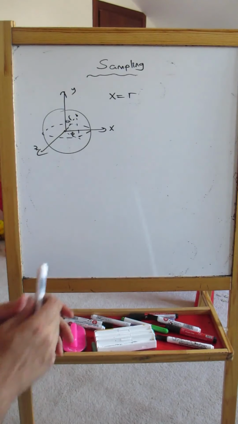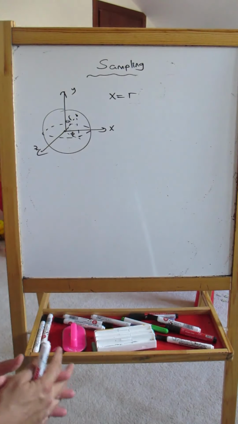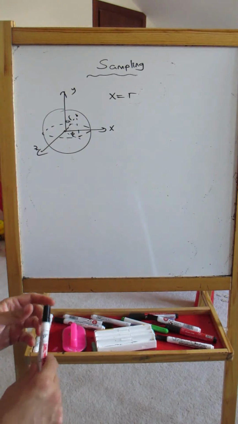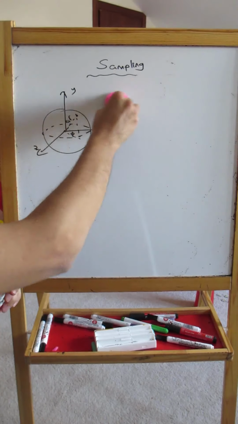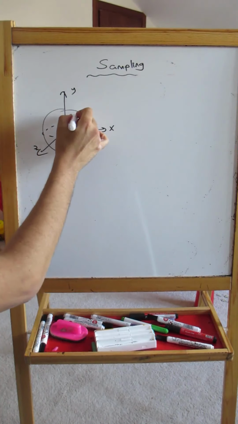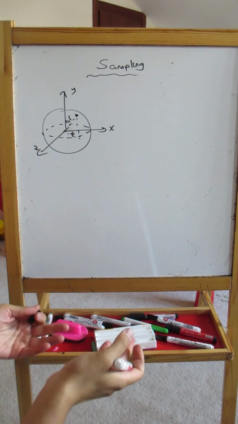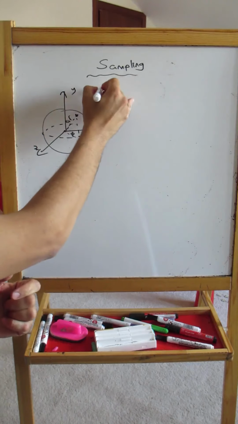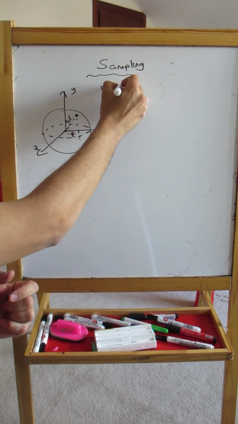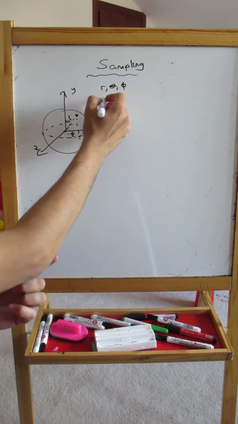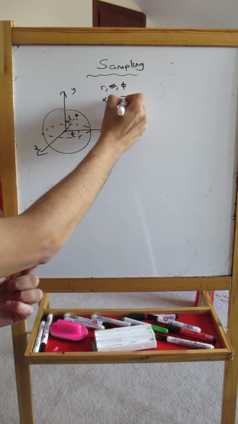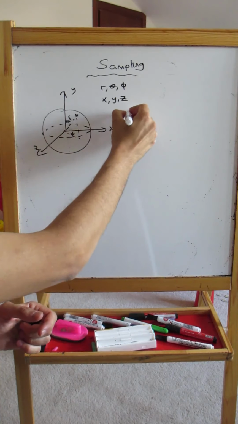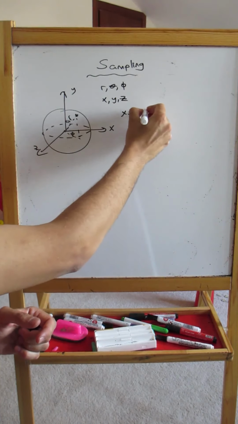Okay, so now let's put these principles into work by using them to sample directions on a hemisphere. It's almost like the disk. We have a point, and this point has spherical coordinates r, theta, and phi, and they are related to Cartesian coordinates x, y, z. How? So x is equal to r sin theta